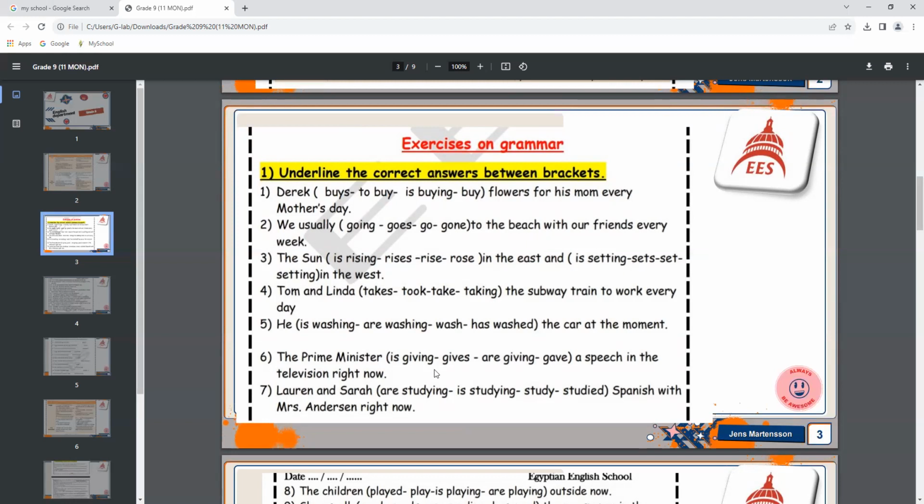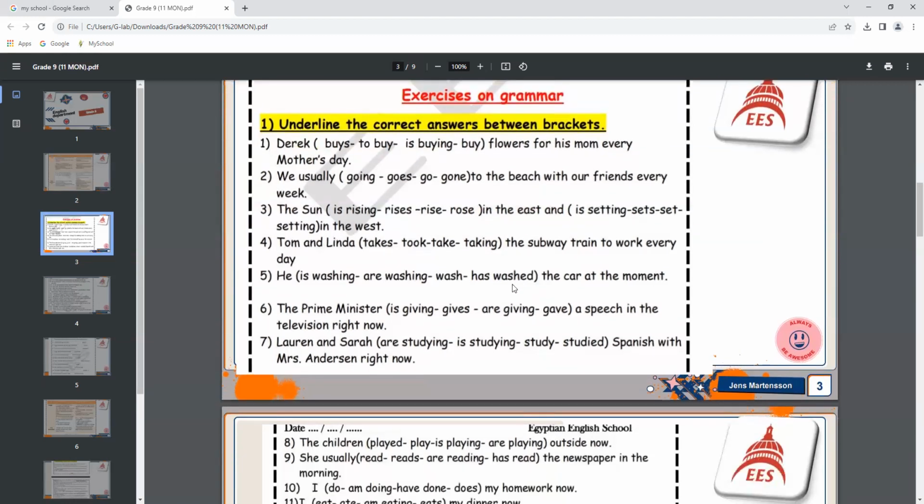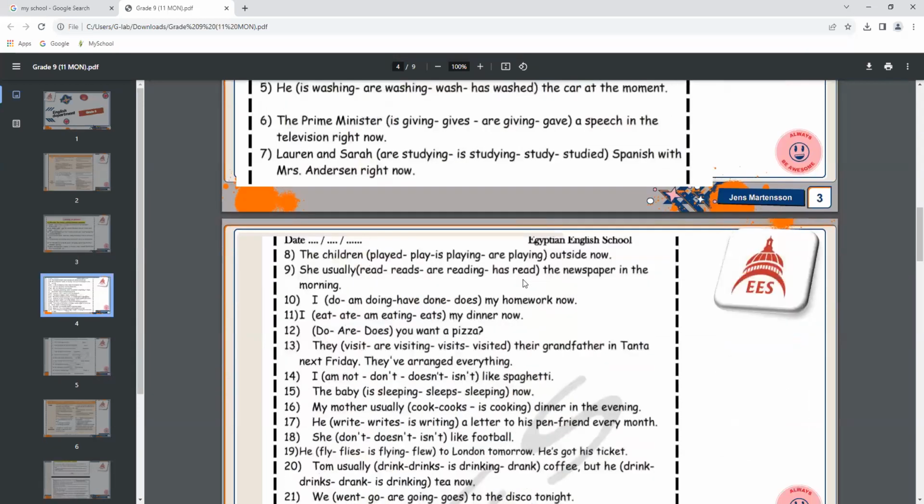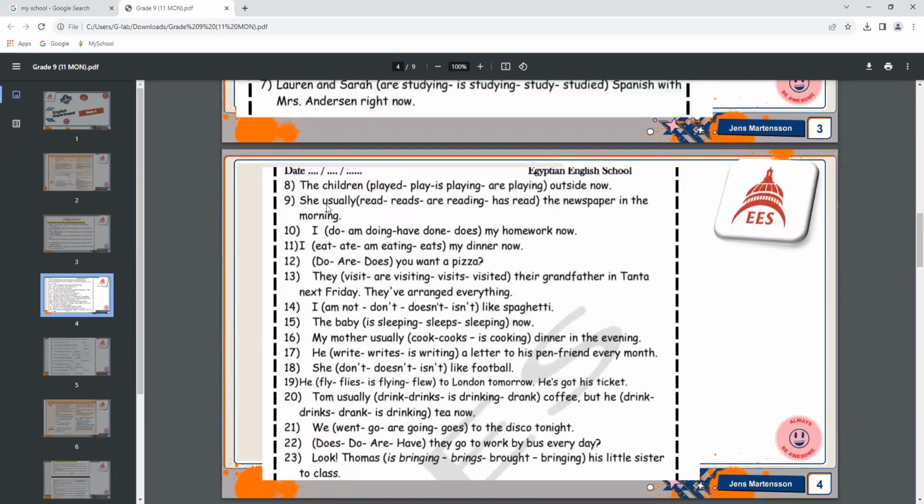Okay. Now let's go to number five. He, the car, at the moment. So I have at the moment, it's something that is happening right now. He is washing the car at the moment. Okay, let's move to maybe number,